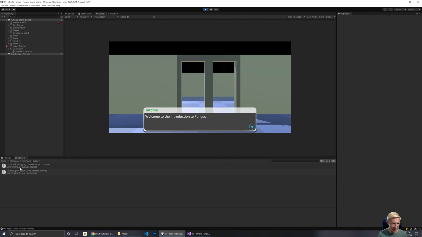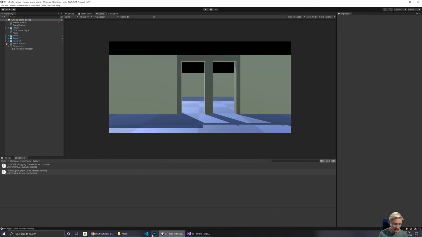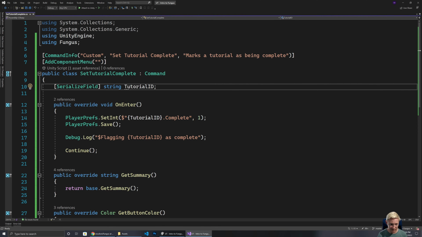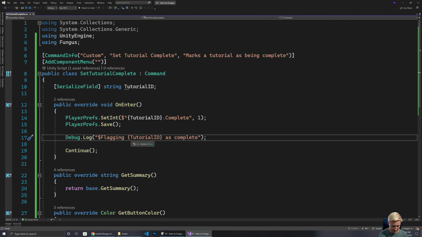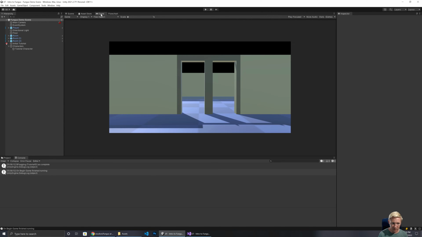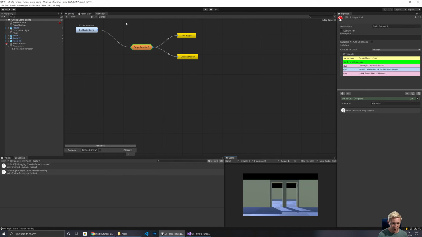So you can see it said flagging tutorial ID as complete. Now I did slightly mess up the syntax there. The $ sign is supposed to go before that, so we'll just rerun it to be certain that it's actually working. And the other thing I'll do is bring the game window down here because I want you